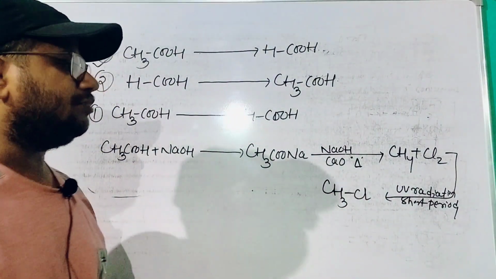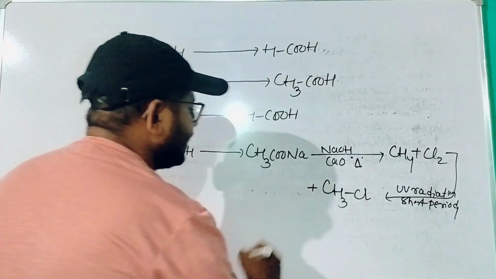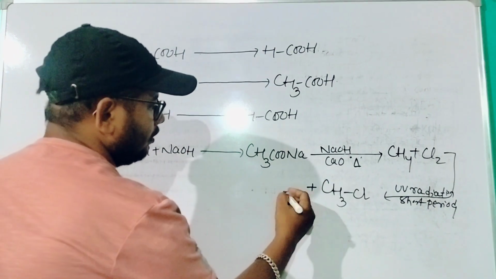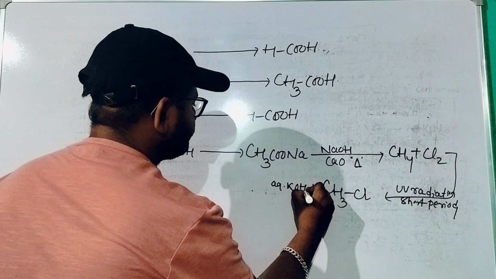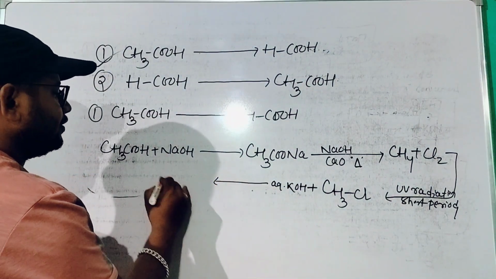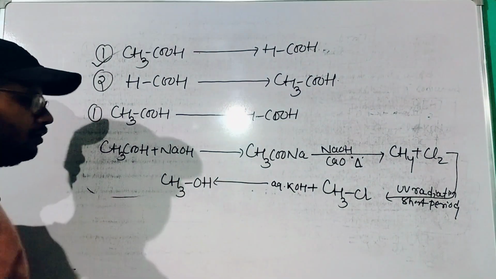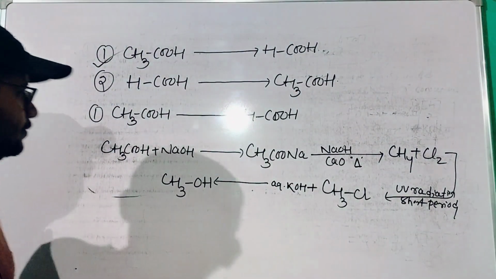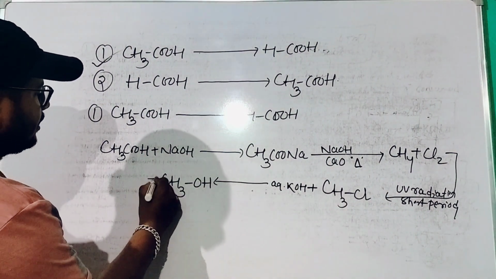Methyl chloride can be converted into methyl alcohol by the treatment of aqueous KOH. So finally we get methyl alcohol, and methyl alcohol can be further